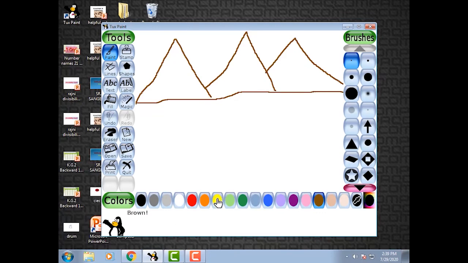Now choose yellow color and draw a small sun behind the mountains. Select blue color and draw a wavy line for river.